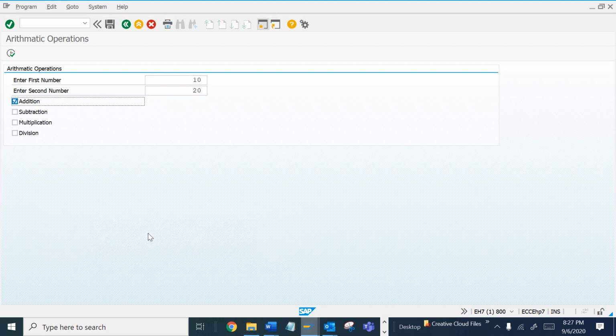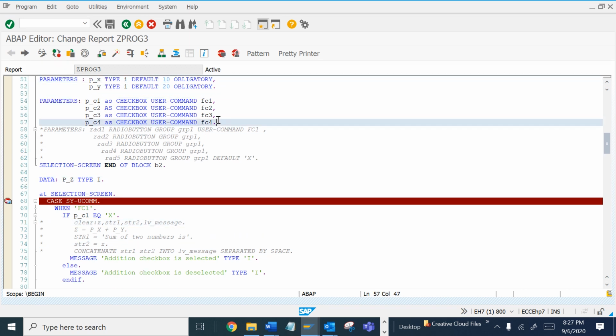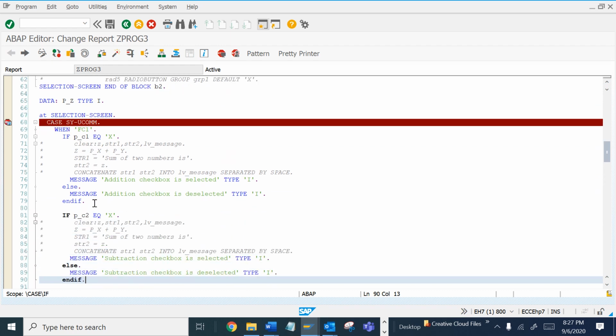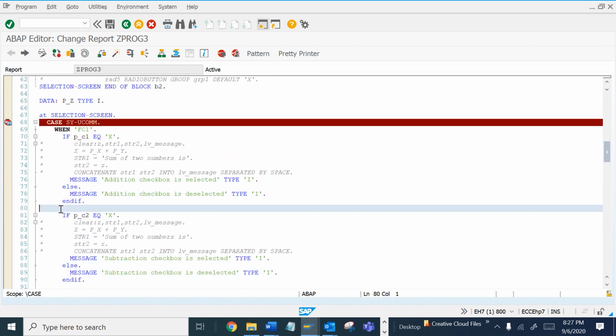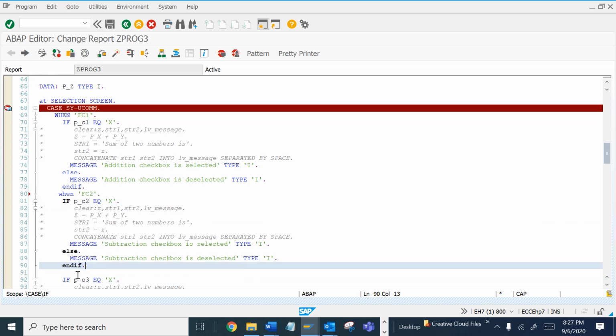So I have done this wrong because we have a different function code for every checkbox. So I have to select different checkboxes or function codes, but here we have selected only a single one. So I have to put all these function codes in my other condition. So let me do this quickly.